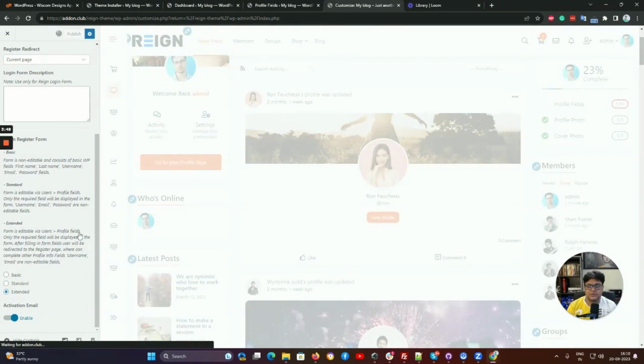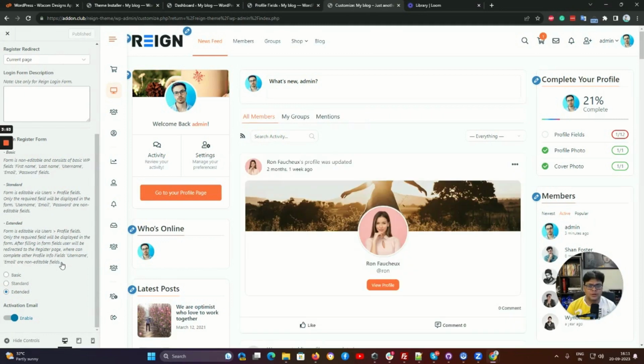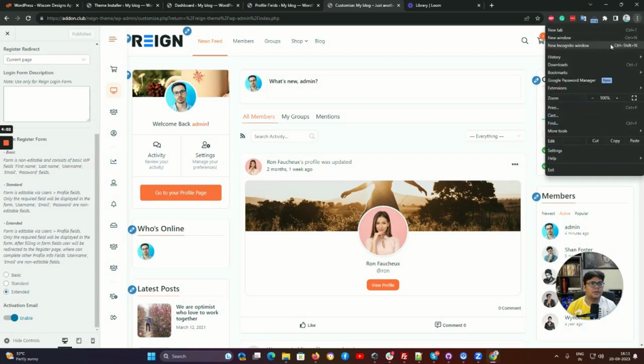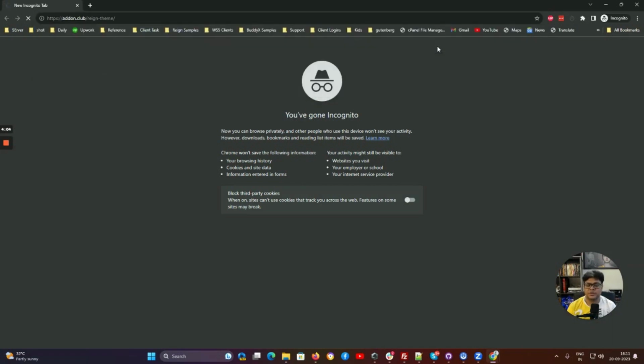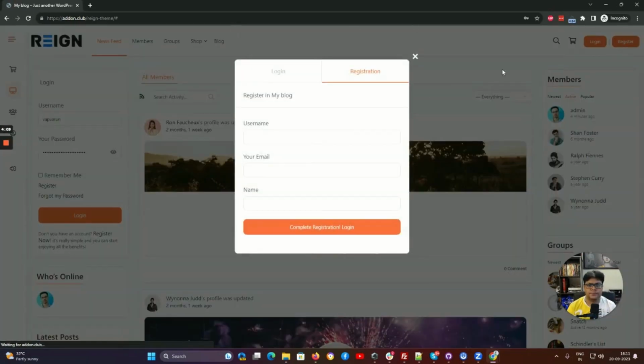The next option is related to the extended one. Inside the extended one, it will display the basic fields, and the remaining fields will be populated on the register page when they have selected that option. So I have enabled this option here. Now I'm going to the register page again, register. Now you can